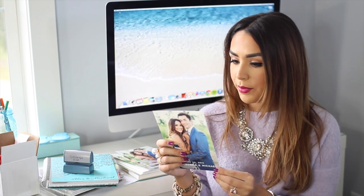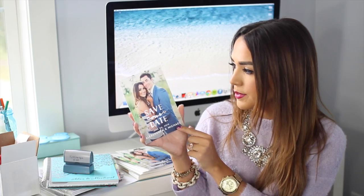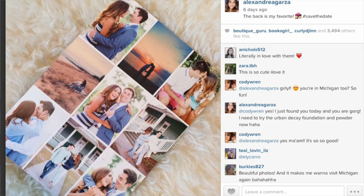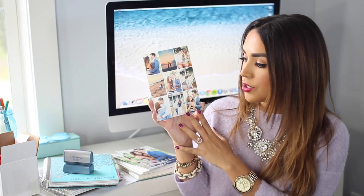So back to the invitations. I will try and leave the link of the actual one, or with the name of it, down below. But it's just one of our engagement pictures on the front, gold foil that says save our date, the actual date, our names, a cute little heart, and then on the back it has 9 of our engagement photos. I just kind of put in different ones and moved them around and resized them until I found the exact